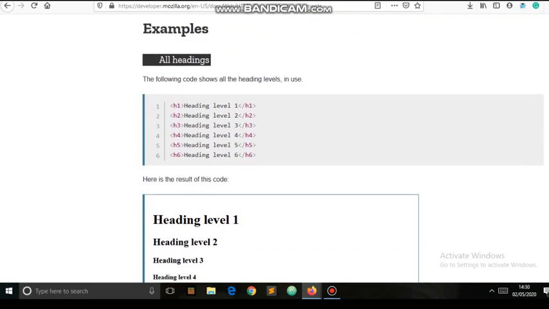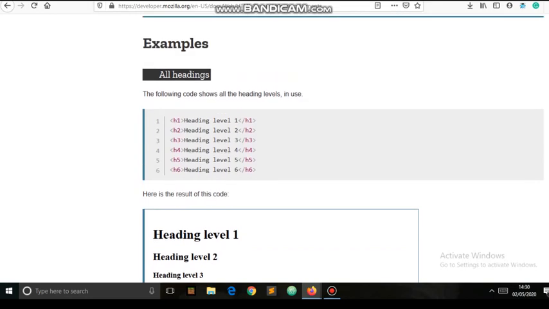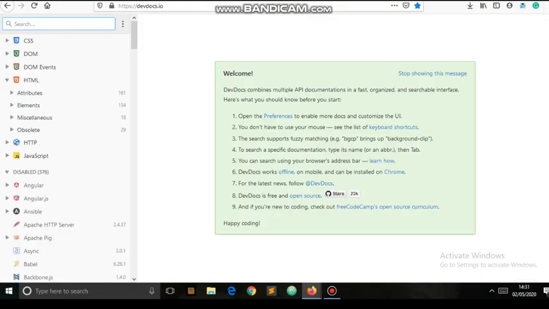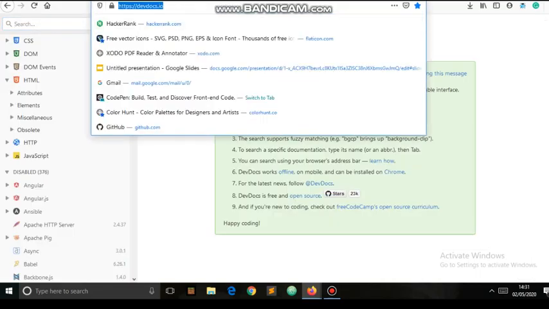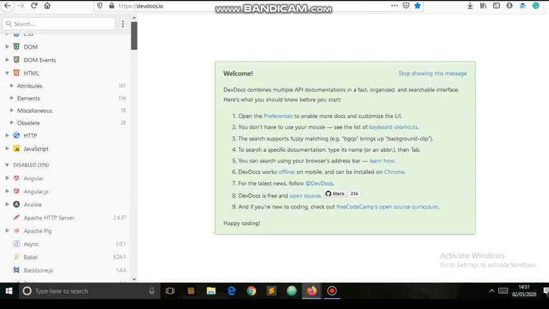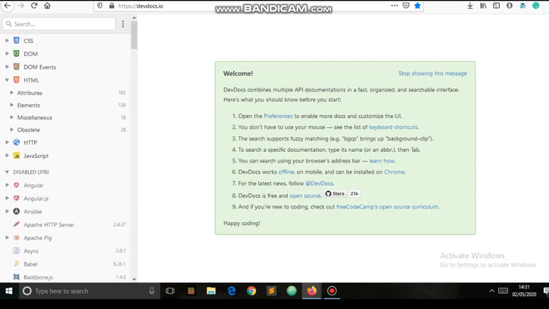There are examples also, and I want to also mention a website named devdocs.io. If you feel terrible about just googling and searching about programming languages like HTML, CSS and JavaScript and finding the elements, you can move here. They have just structured the content of MDN in a way that will be easy for you to find all the elements and attributes.